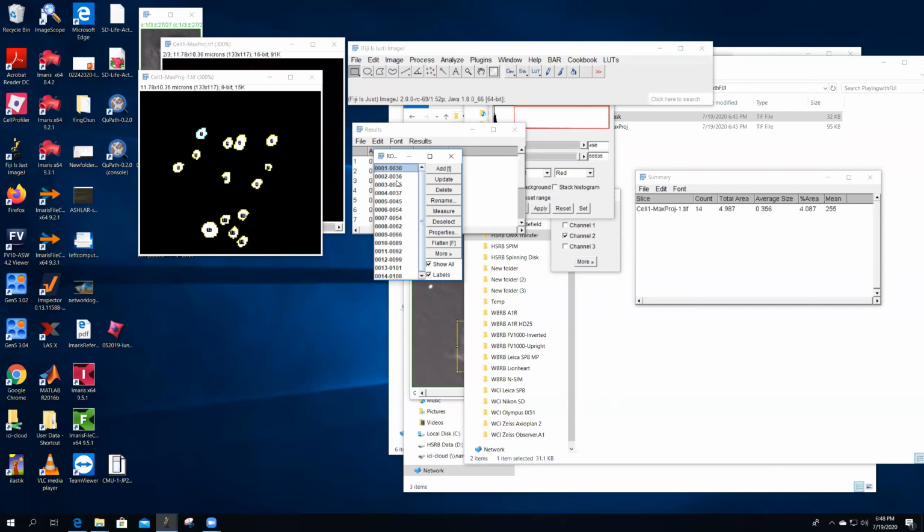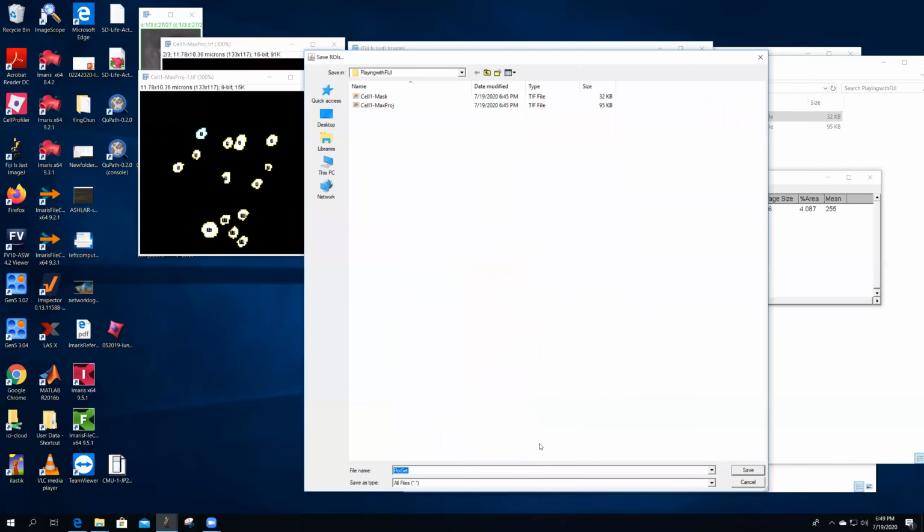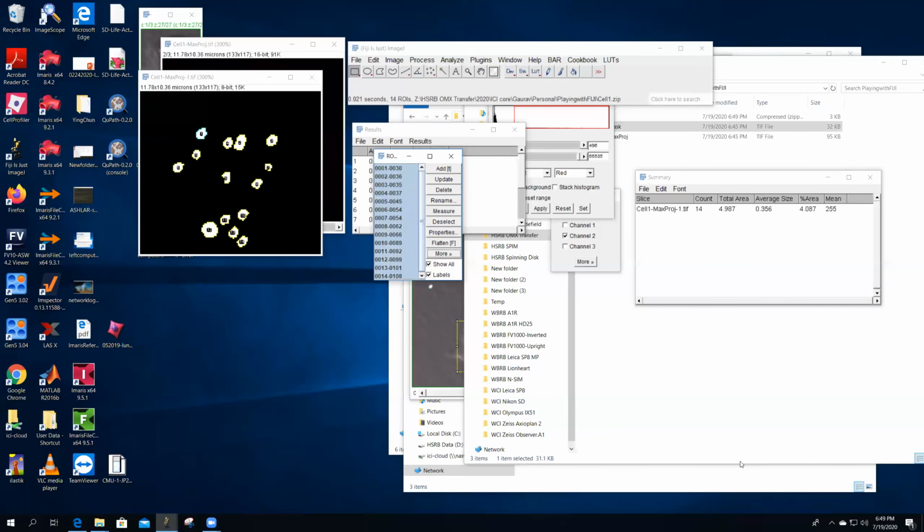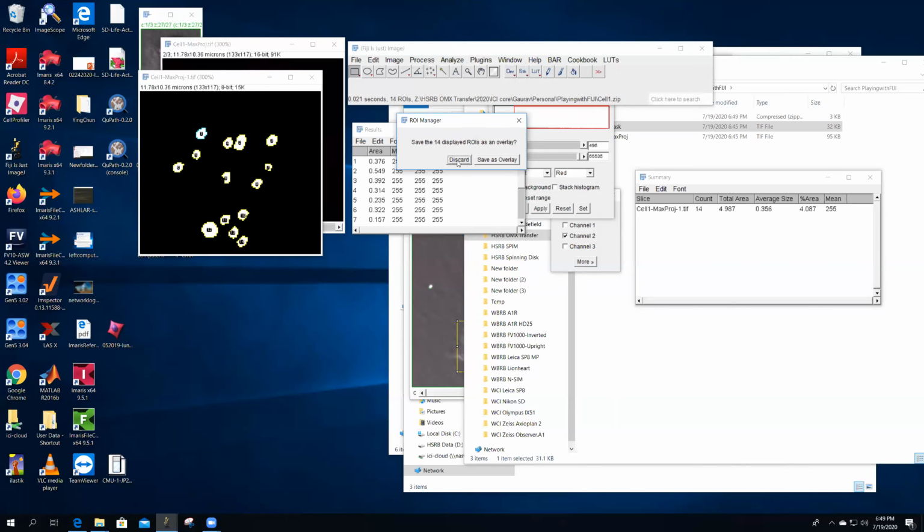All right, so what you have to do, in fact, is not just save it right away, but you have to select all of them. You click Shift and select all, okay? And then you go and do save. If you don't do it that way, only the first ROI gets saved. Okay. All right, so let's close